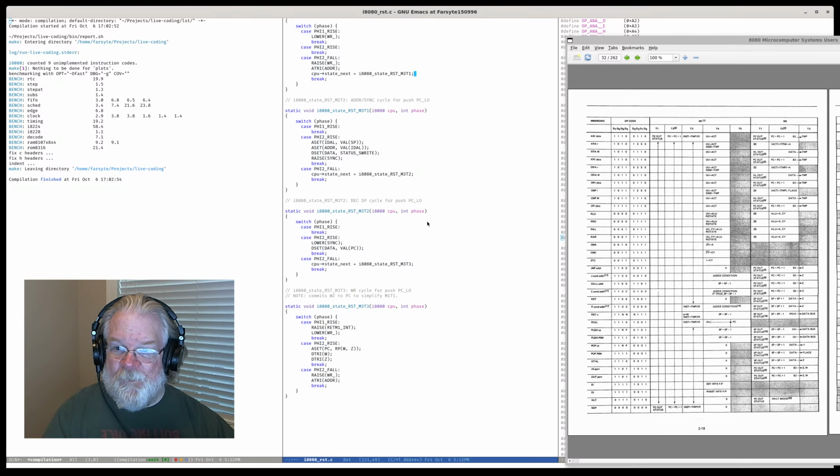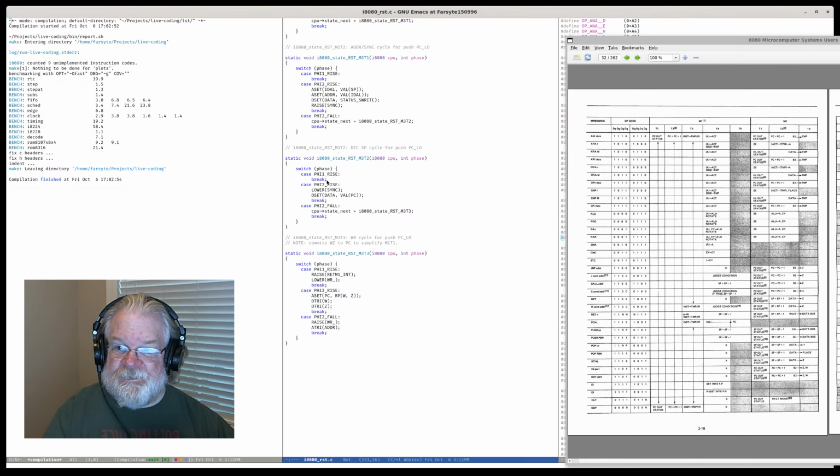Head into M3T1. SP into IDAL. IDAL into adder, stack write. The T2 comes out, drop sync. We set the data. We do not decrement SP again because we've already decremented twice this instruction. RST, that's a check. And then during M3T3,